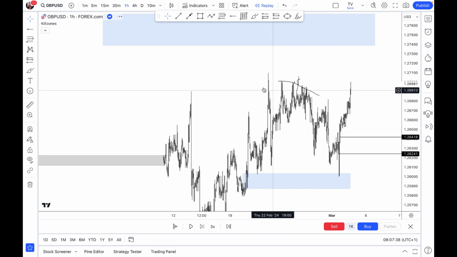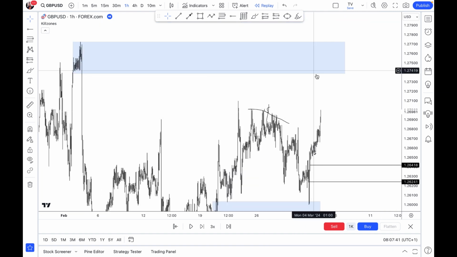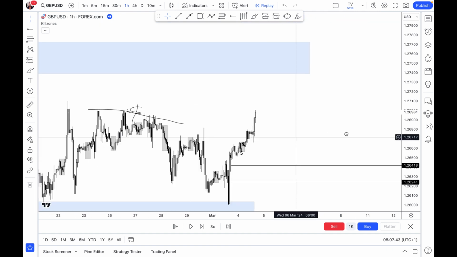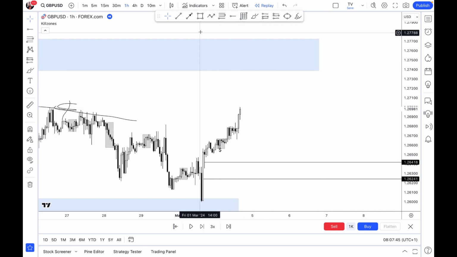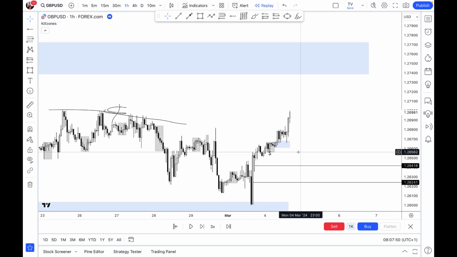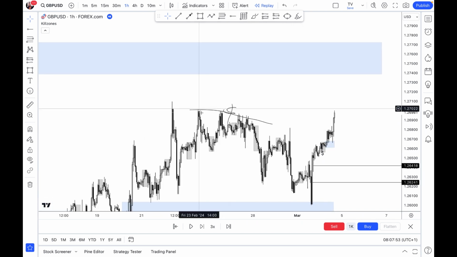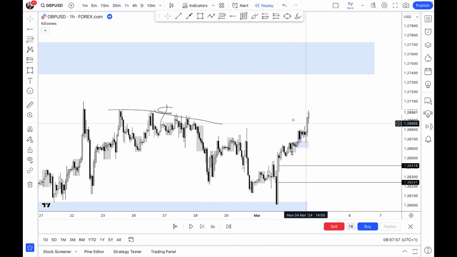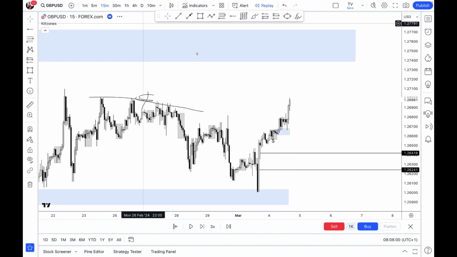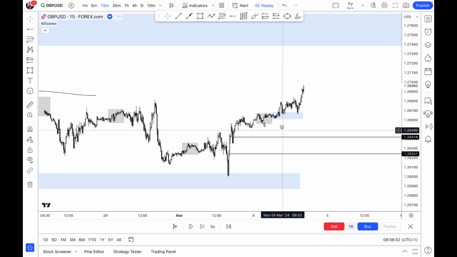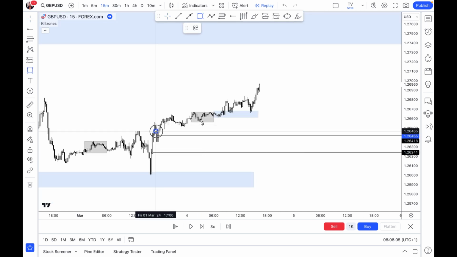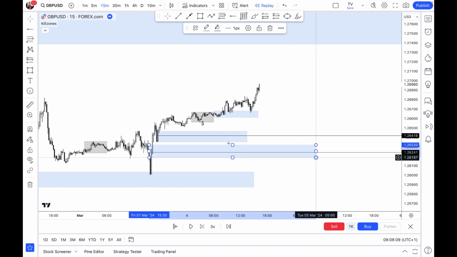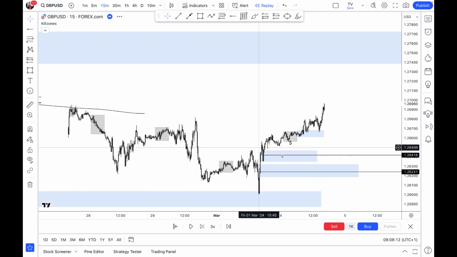Okay, so you can see that the market was gravitating towards this imbalance and supply. That short sale was just price coming back down into this level of demand right here to push forward, not a sell per se. So this zone was taken out, and I was unable to even join this buy setup, because if I was going to get into this buy trade, I was expecting to buy from this level at least, or maybe from this level right here. But from this level, I was not interested in taking a buy.